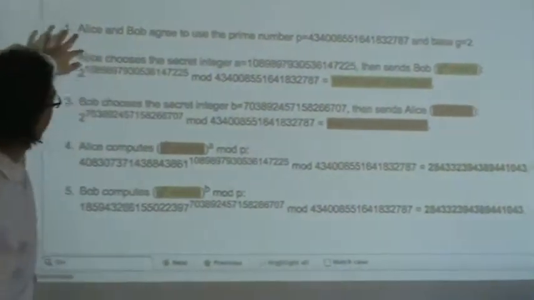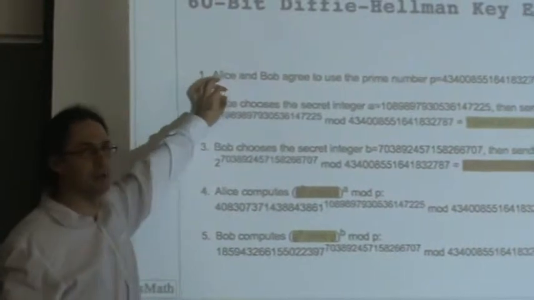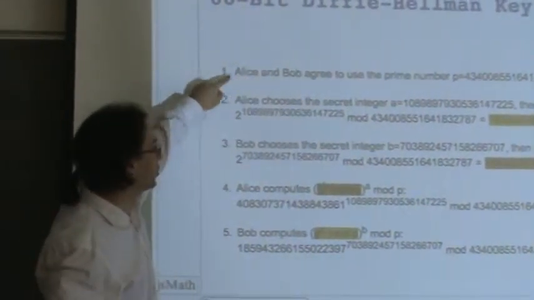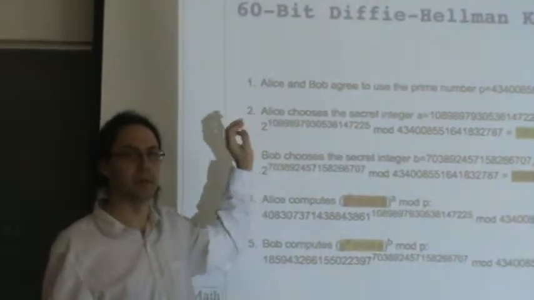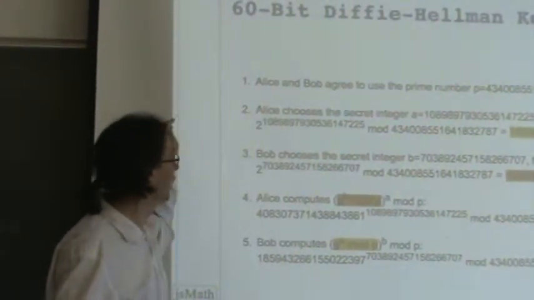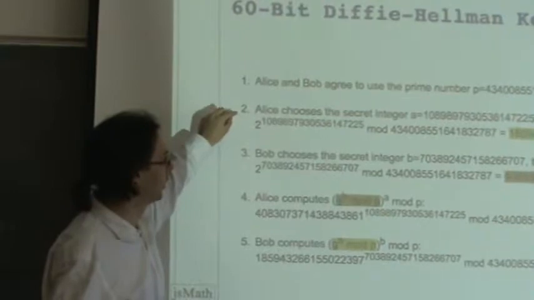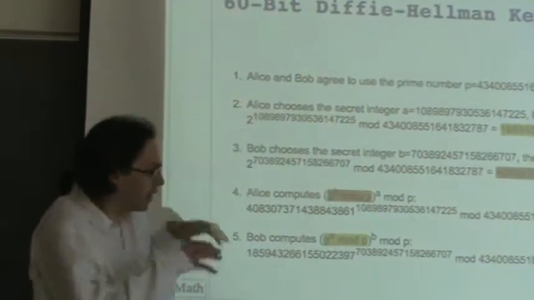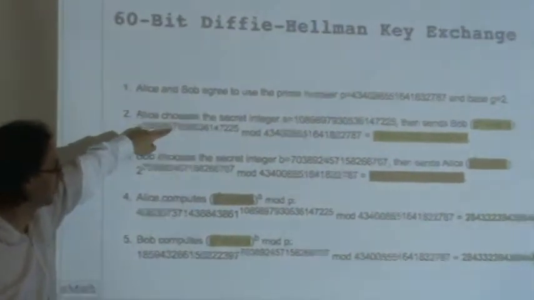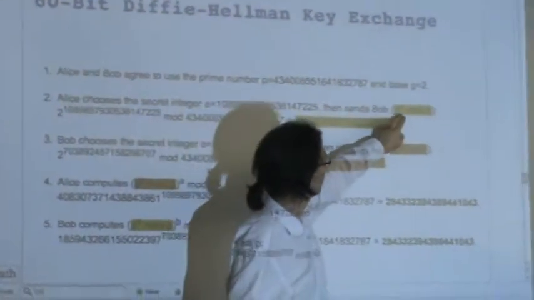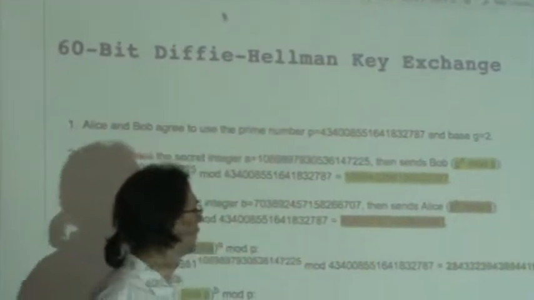Very quickly, the way it works is the two people that want to agree on a secret key choose a prime p and a base, and anyone can watch them choose the prime and the base. They just agree on it in public. Then completely secretly, Alice, hiding with her little computer, chooses a random number a and raises G, which in this case was 2, to that random number, and then just sends that power out. So the power in this case was the number right there.